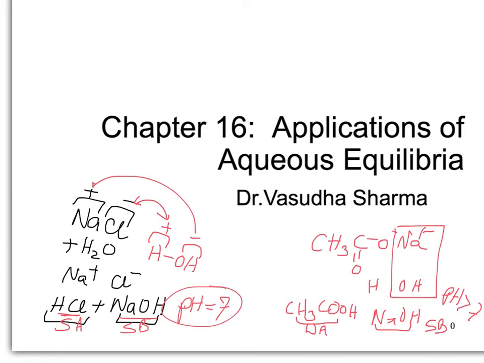I'm going to spend a couple minutes taking a look at this mathematically. So we have a mathematical proof in addition to the qualitative analysis that we did in the previous PowerPoint. And from that point onwards, I'm going to go over buffer capacity, and then finally, we will end the chapter with